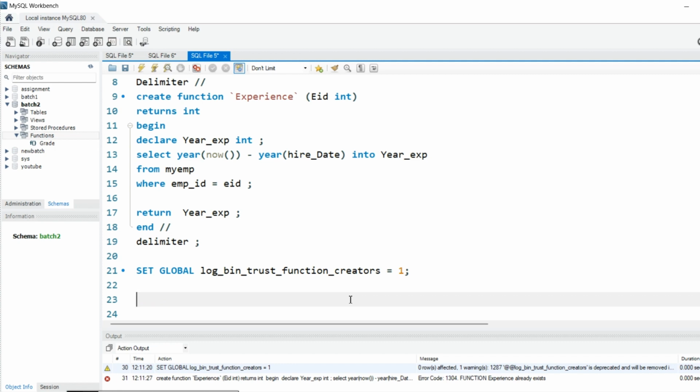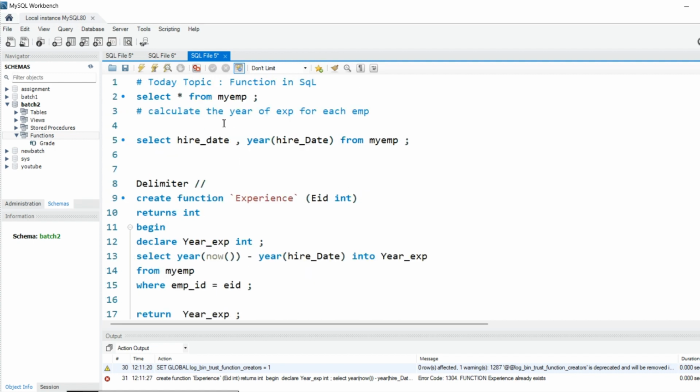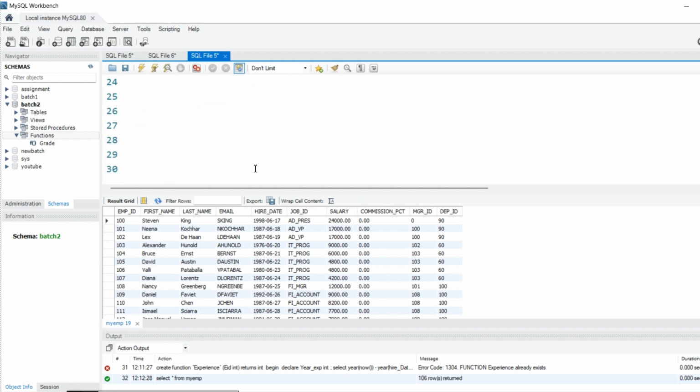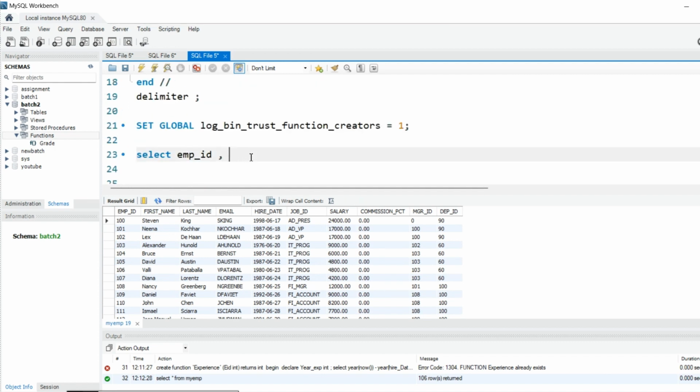Now I want to get the experience of each employee. I will write select employee ID, whatever columns you want, like employee ID, and then let me check the columns first. Okay, these are the columns. Now I will use first name and last name as full name.